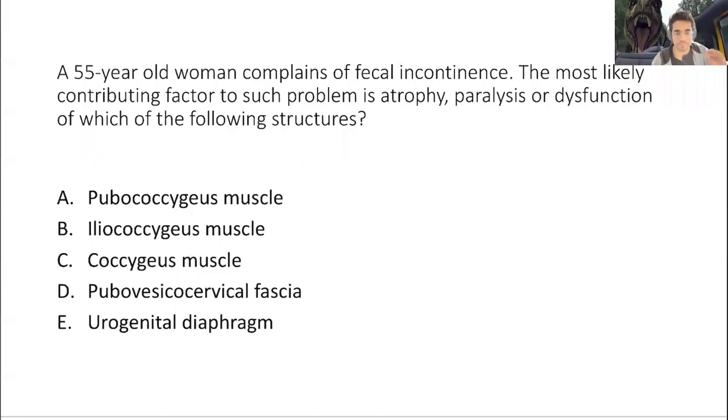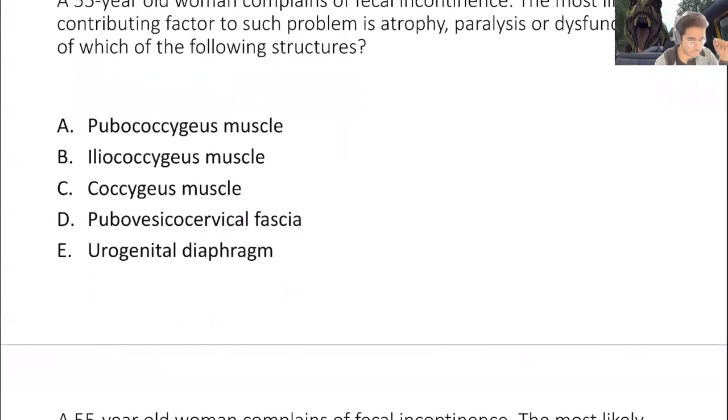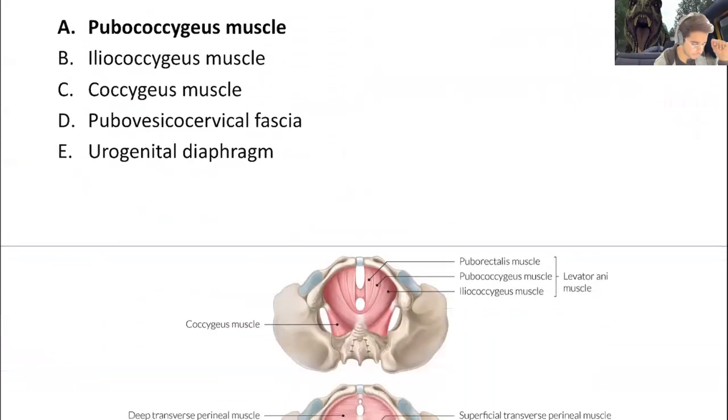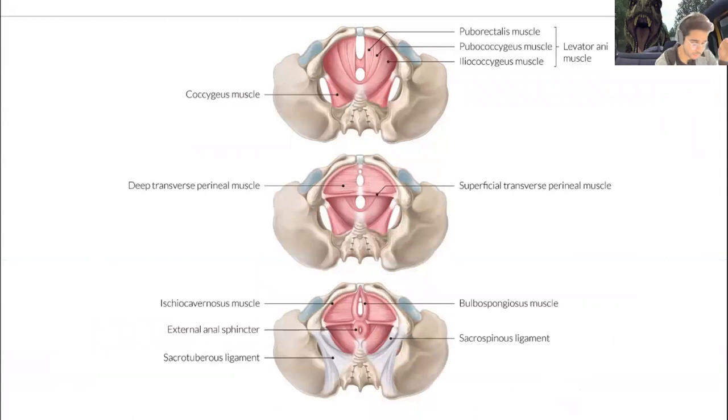Let's do this question. Awesome. Exactly. This is very, very heavily tested, especially in term 1 in MSK and as well as term 2. It's the pubococcygeus muscle. Now, the pubococcygeus muscle, it's involved with a lot of things, but I'm going to show you guys that the pubococcygeus muscles, as well as the puborectalis, as well as the iliococcygeal muscles, are all part of the levator ani muscles. These muscles basically are the ones that are involved with your